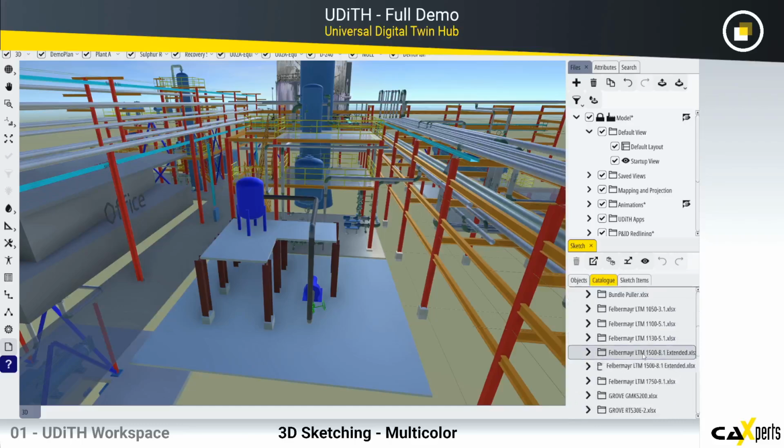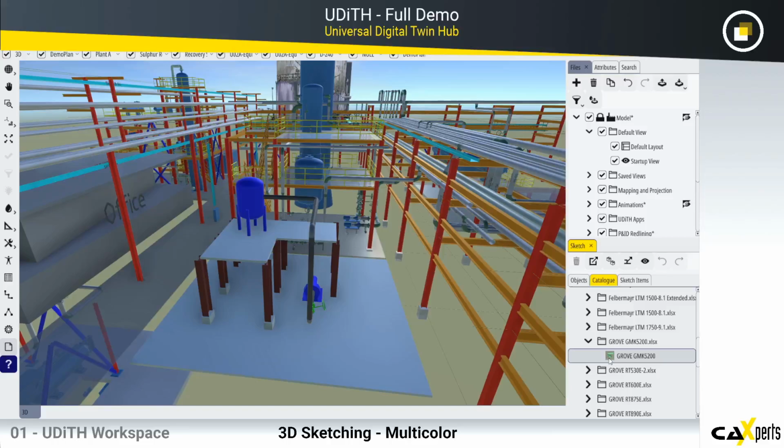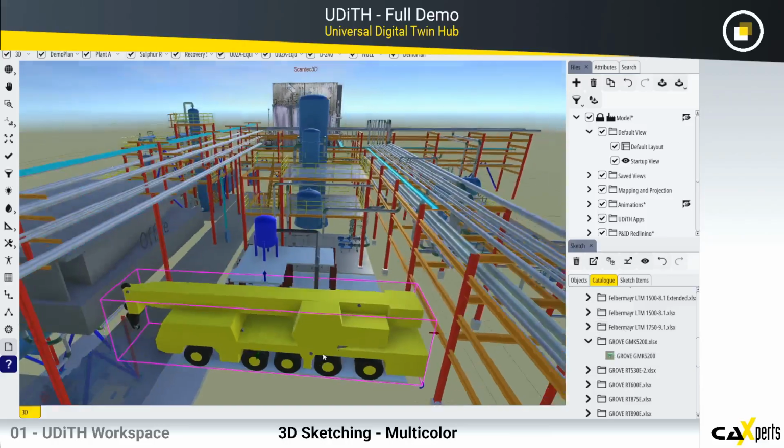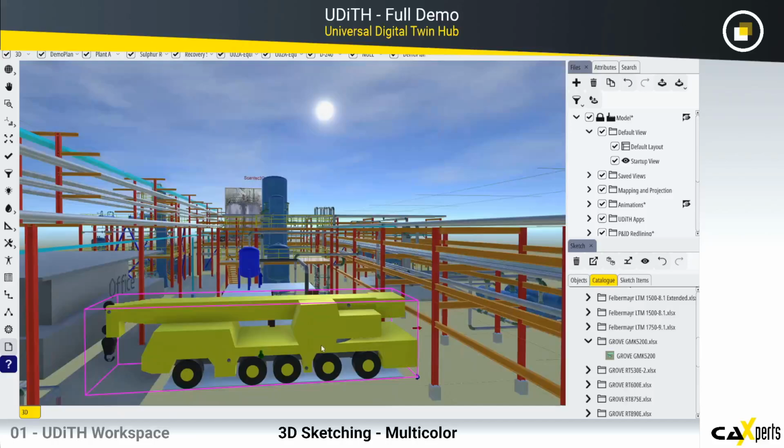Whilst you've seen the single color crane, single color equipment during the animation, during the sketching demo, in this case, let's take this crane from the company Grove and place it. As you can see, this crane consists of multiple colors,